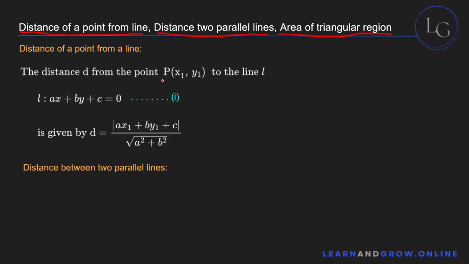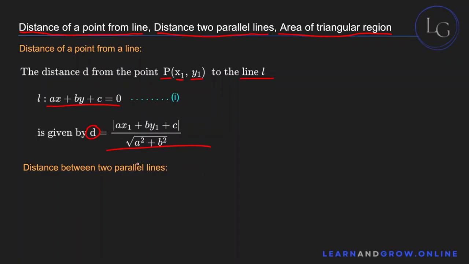So if you have a point, let's say the point is P, and the coordinates of point P are x1 and y1, and you want to find the distance of this point from a line, let's say that line is L, and the general equation of that line is this, right? You can find out the distance d from the point to that line by using this formula, right? So, ax1 plus by1 plus c, the modulus of whatever that results in, divided by the under root of a square